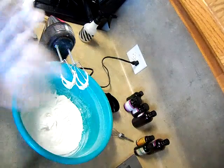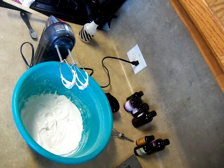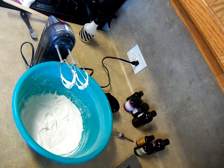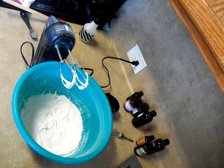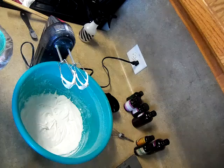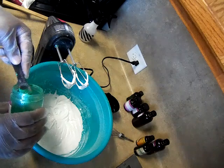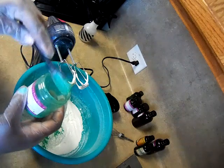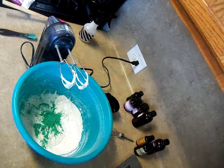Almost. And so what I'm gonna do here, since my bases are pink, I think I want something that'll stand out. I was gonna go with white, but I did some soapy cupcakes that were pink and white because the base was strawberry. Well, it was a strawberry cream fragrance that I created, and so I don't want to go with white since the soapy cupcakes are that color. I'm going to do a little bit of Kelly Green Mica from Brambleberry, just so it could pop the color